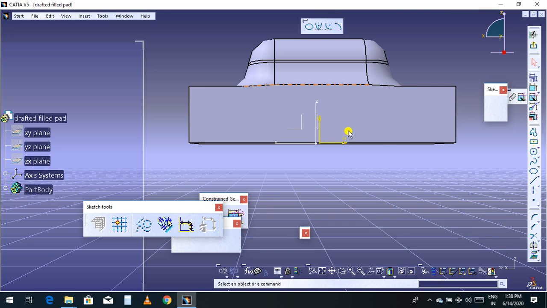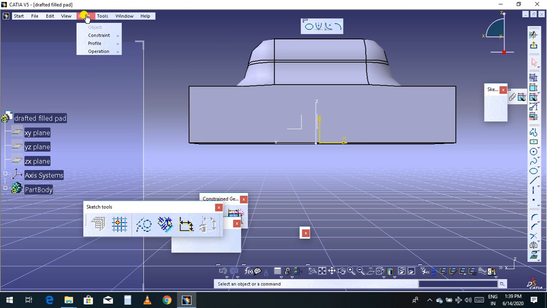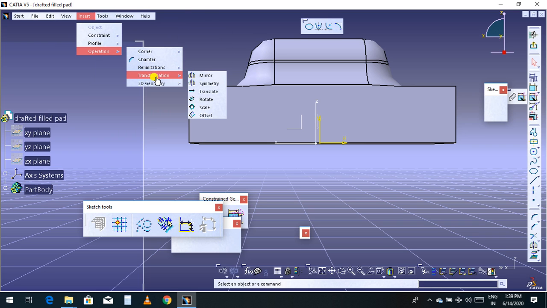Now I am going to sketch here. In the beginner videos on 2D sketch, the last operations I discussed were in the insert operation, and so far I have completed transformation in 2D sketch. In the last tutorial on 2D sketch, I said I will discuss 3D geometry when you go to 3D modeling or the 3D part. That time I will explain this 3D geometry.